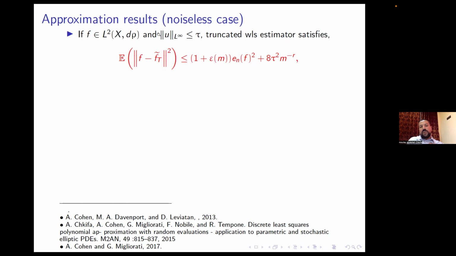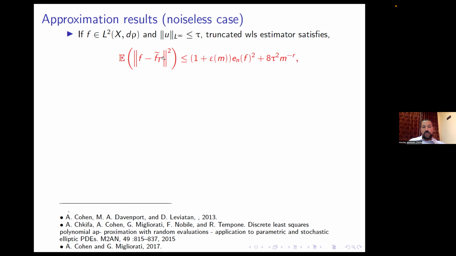So the idea here is the function f is also uniformly bounded. So what I call the truncated weighted least square estimator is the weighted least square estimator that I have denoted f tilde, and then truncated using the norm V of f tilde and truncate to some constant tau. So the result here, if we sample the points x1 to xn using i.i.d. sampling, and we use the prescribed weight Si, and then we solve the weighted least square problem, we obtain a weighted least square estimator that satisfies